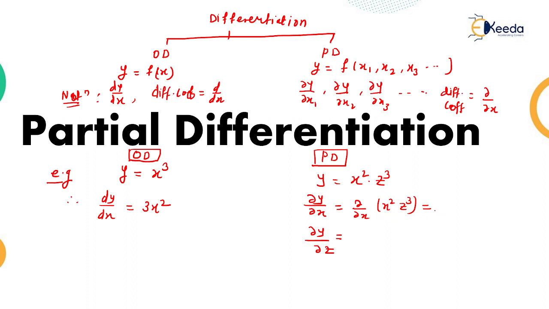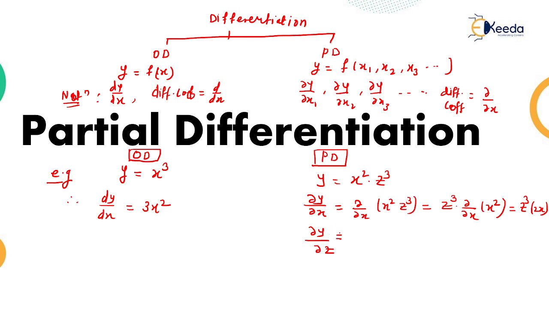We have to treat the other variables as constants, so if we are taking differentiation ∂y/∂x, we have to take the other variables as constants. Which is a constant? z cube is a constant; except the x variable, we have to assume all variables are constant. Suppose z is a constant here, therefore z cube stays as it is, and you take only the differentiation of x square. So you get the answer: z cube as it is, into the differentiation of x square, which is 2x. In this way we do ∂y/∂x.